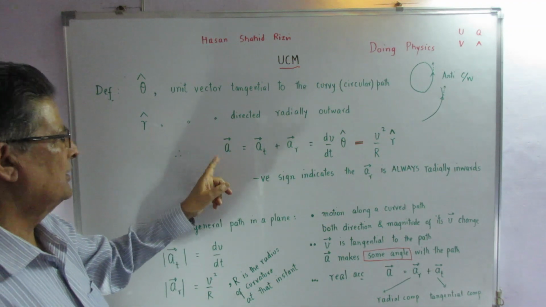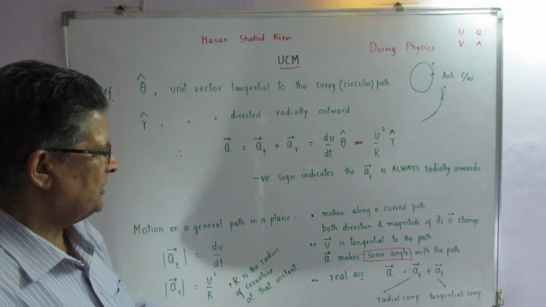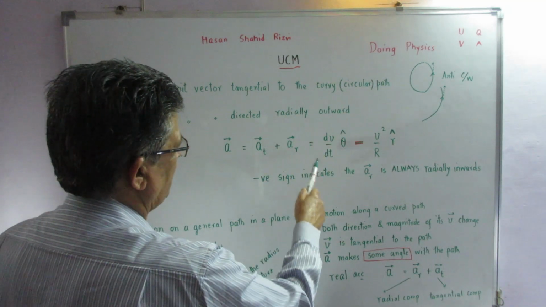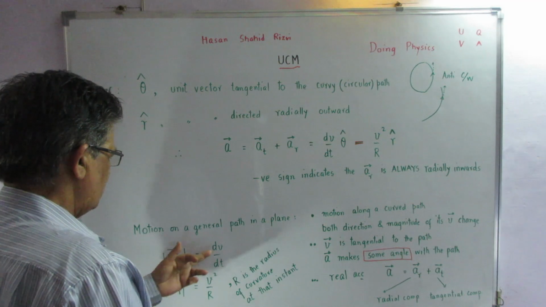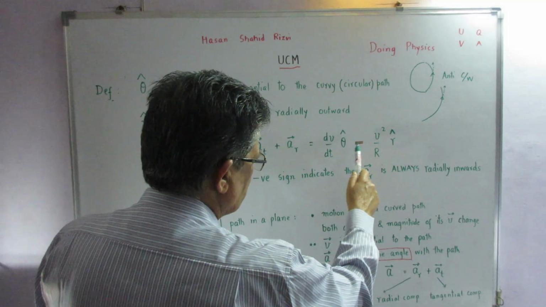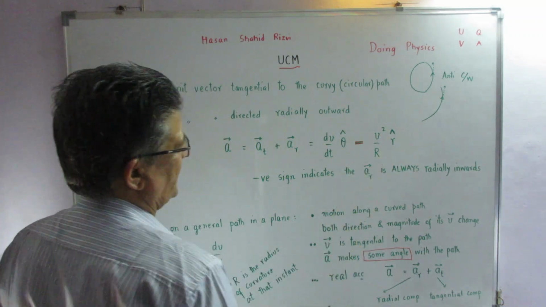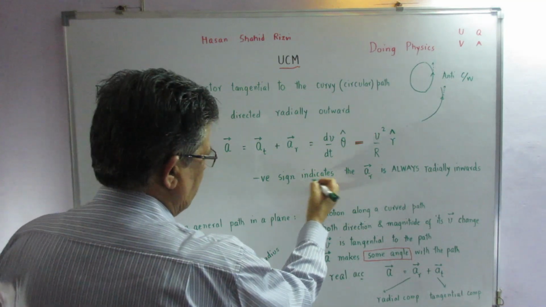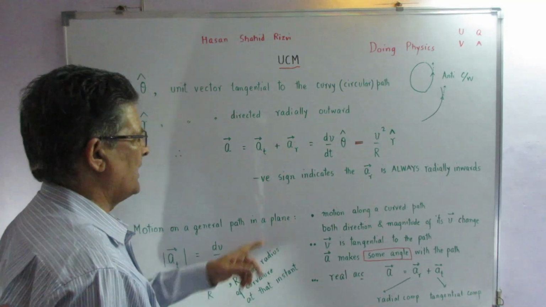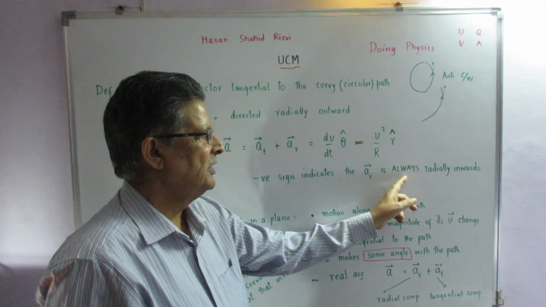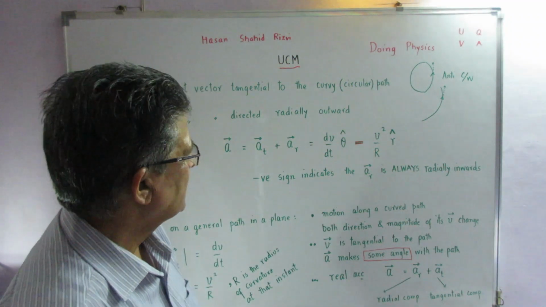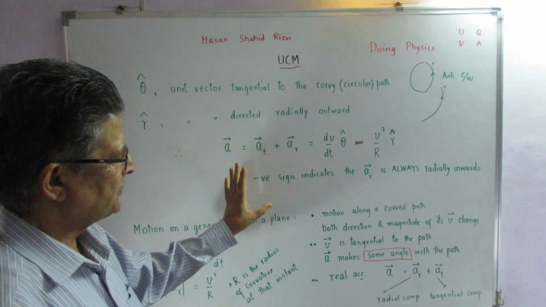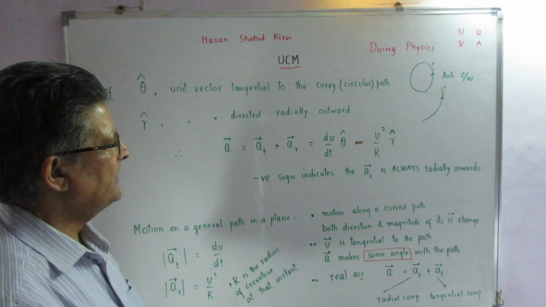So if I write the total vector as the sum of the two vectors, the radial component and the tangential component, then I write it as dv/dt θ cap minus, and I am emphasizing the minus sign over here, v squared upon r, r cap. This negative sign signifies that a_r is always radially inward on the path of this general motion, a general path in a plane. So with that, I will come back to